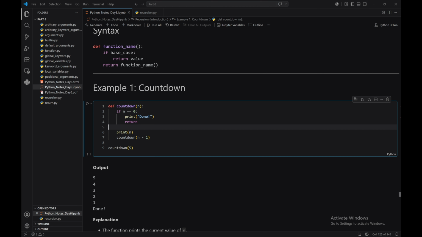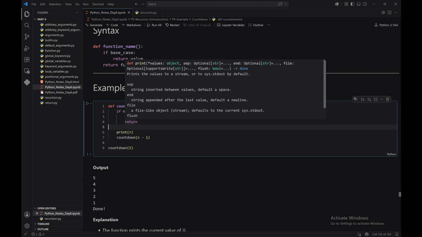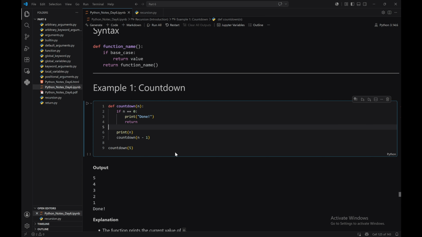So what will this function do? It takes n, here the value 5. Since 5 is not equal to 0, it will skip that part,